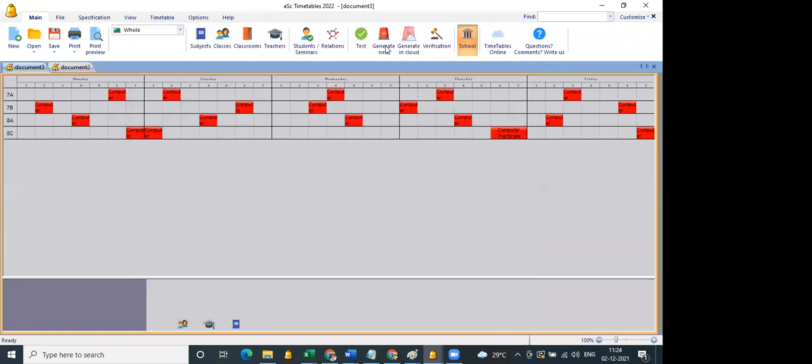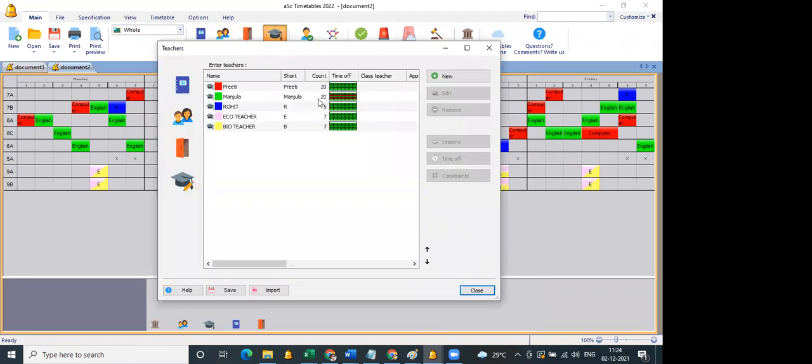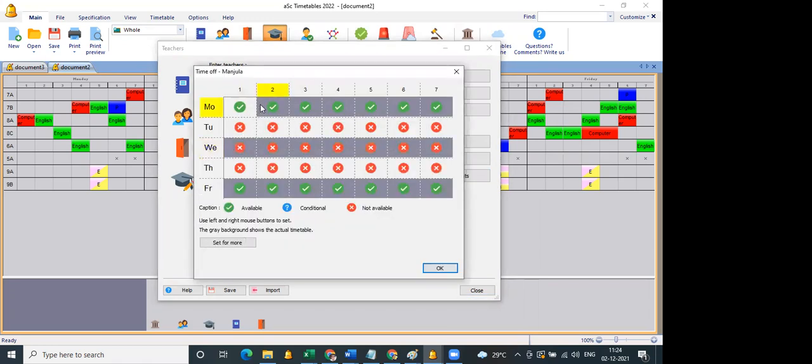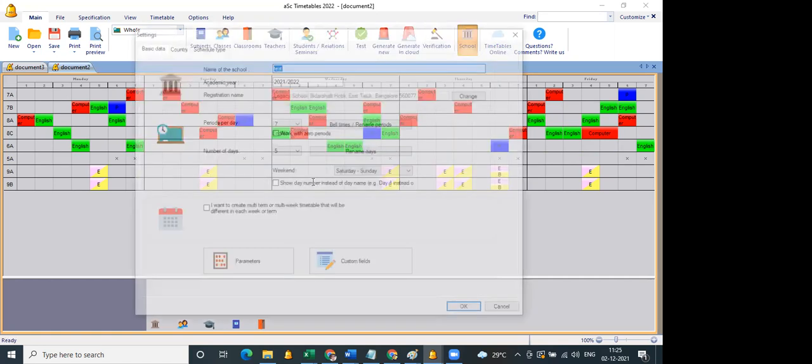So now I'll generate it. I'll generate it in the other timetable 3. So in parameters, check exhaustion, I'm making it as 4.